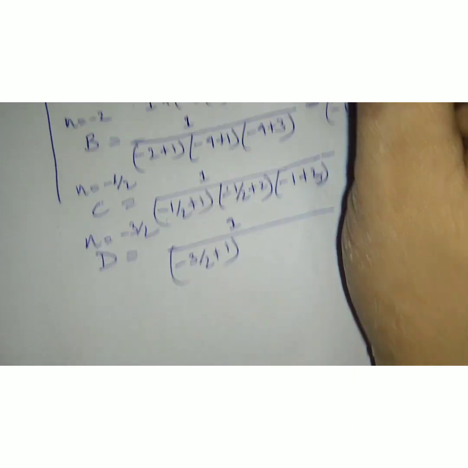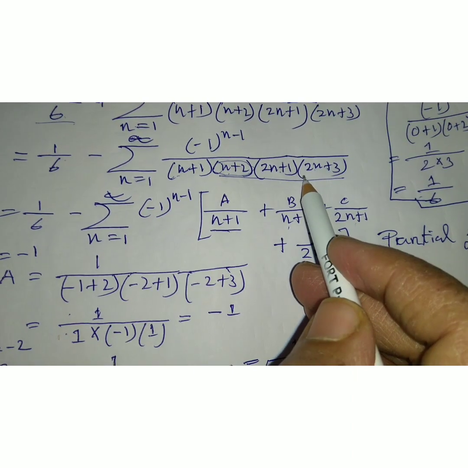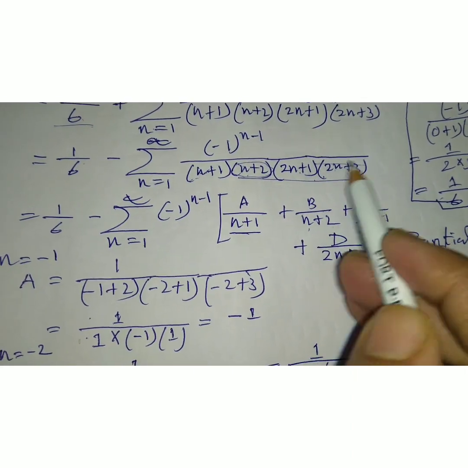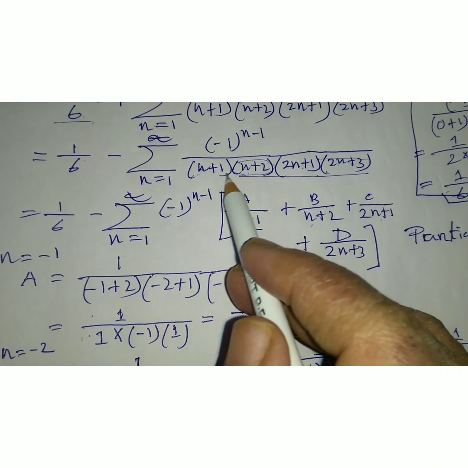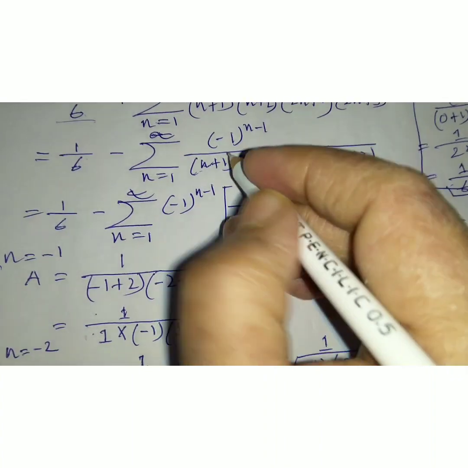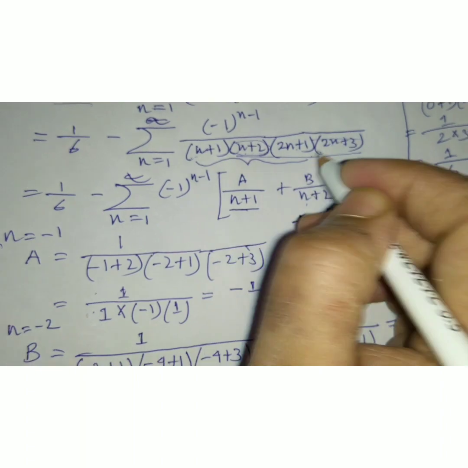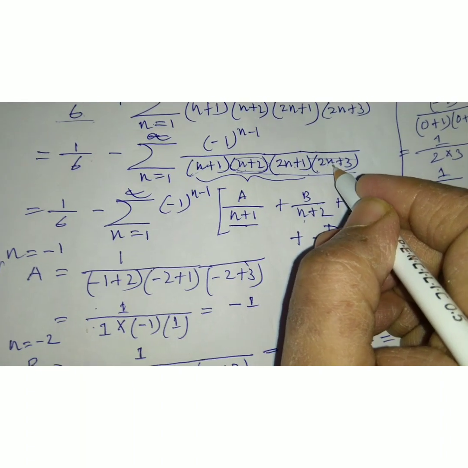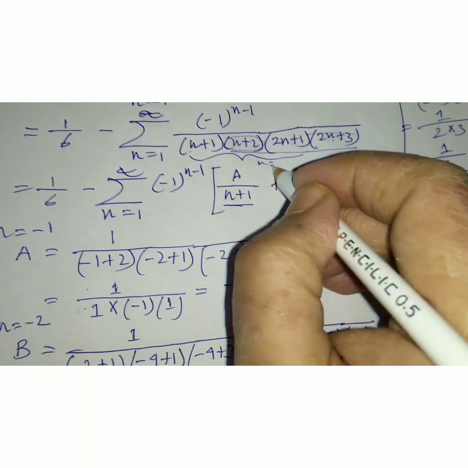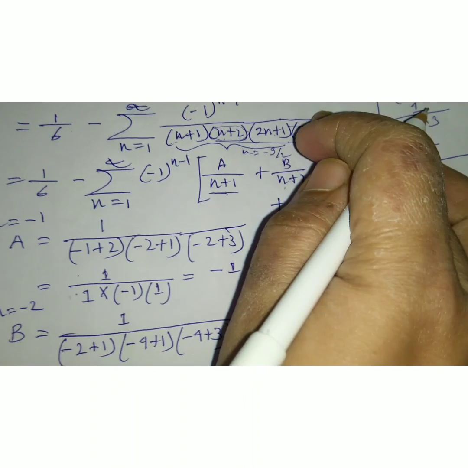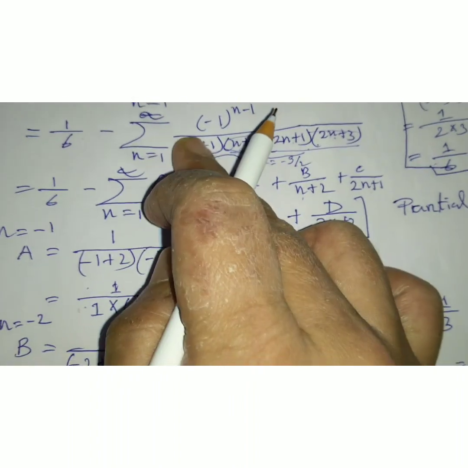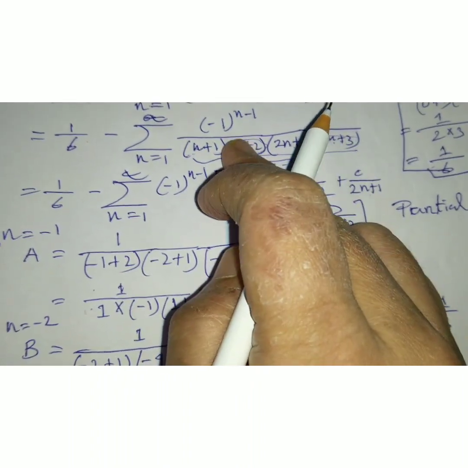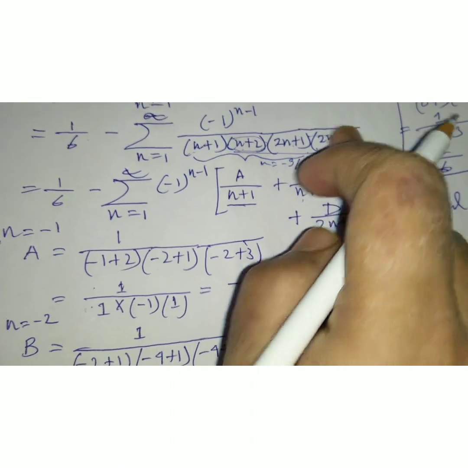I remove the 2n plus 3 portion. I put n equals minus 3 by 2 in the other terms, that is, n plus 1, n plus 2, and 2n plus 1, these 3 values. Okay,